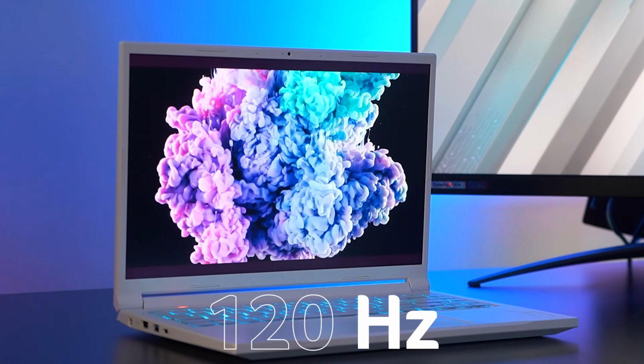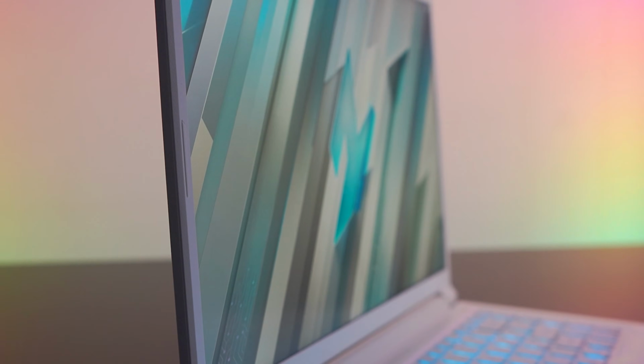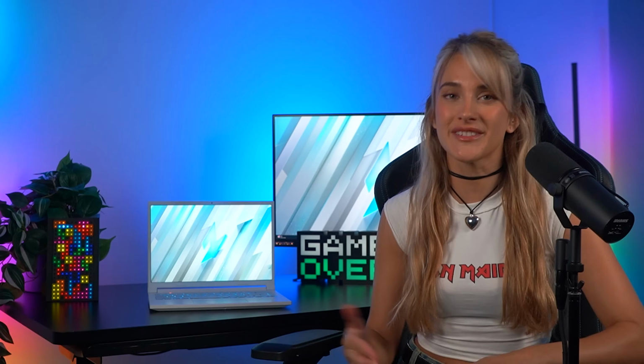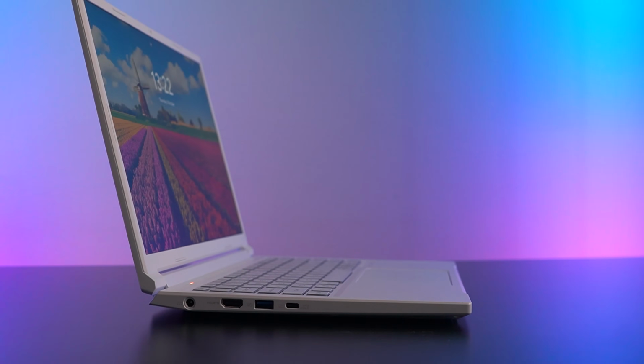It has a 120Hz refresh rate with a wide Quad HD resolution, which I think will give it a good price point. I say small compromise, I feel like I've just gotten used to seeing 160Hz, 240Hz screens sometimes, but realistically with a 14-inch laptop, you're not going to be using it for competitive esports, are you? So it does save some money in the budget to add a really nice resolution of screen, which this is. I think I would definitely